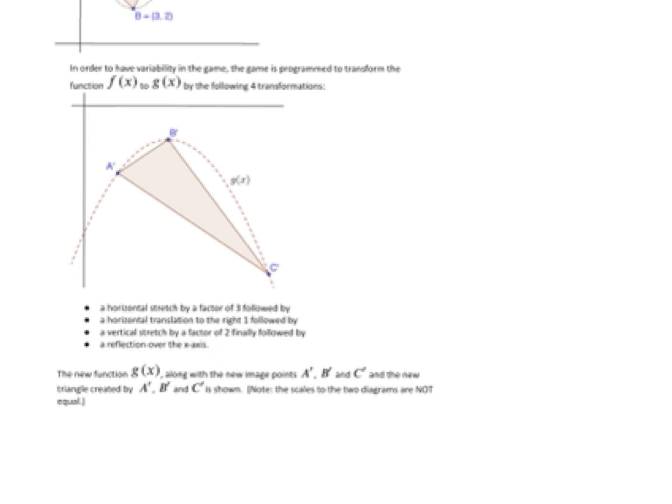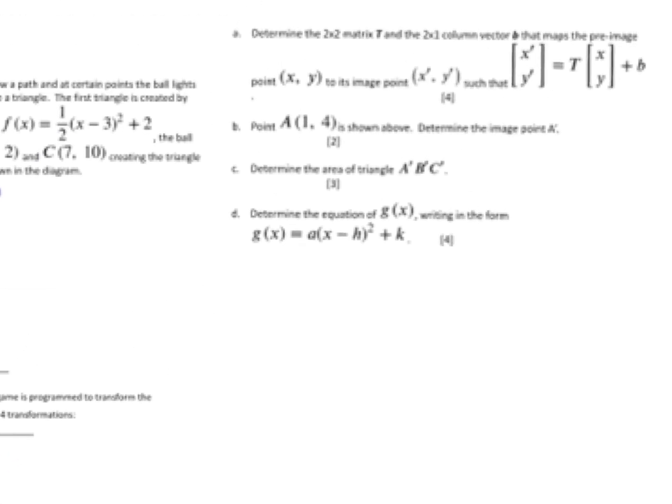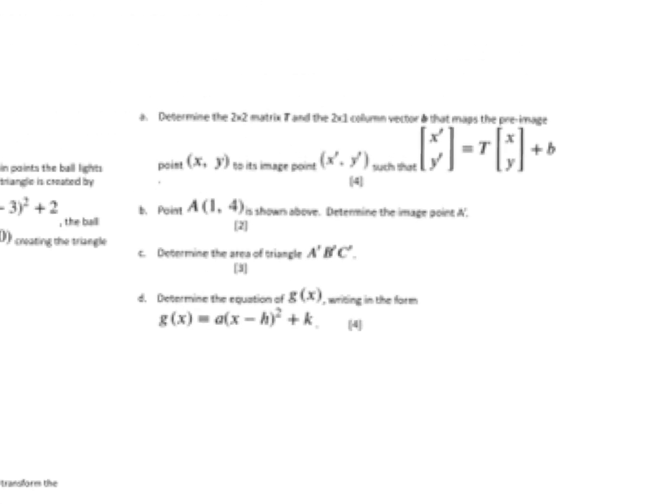And so, for naming convention, let's just call this the horizontal stretch. This is going to be a translation. This is going to be a vertical stretch and then a reflection. And so we know the new function g of x has the image points A prime, B prime, and C prime, and they create a new triangle A prime, B prime, C prime, as shown. Okay, and it wants us to take those transformations